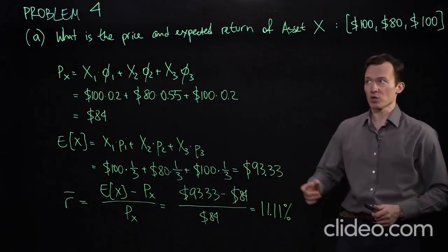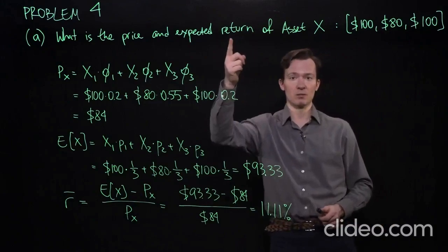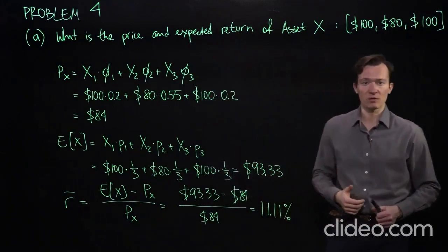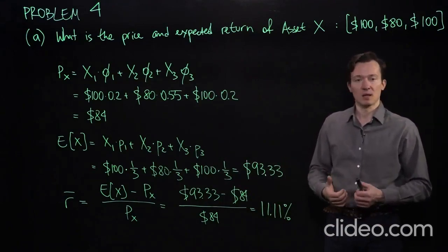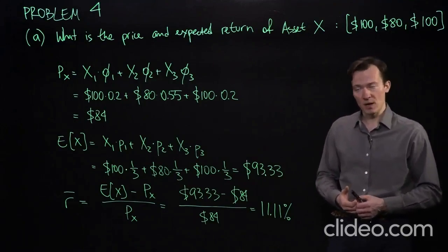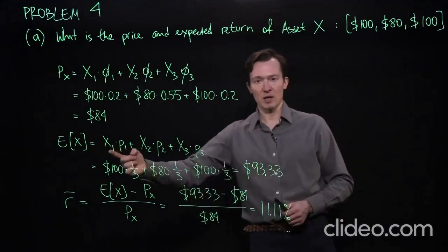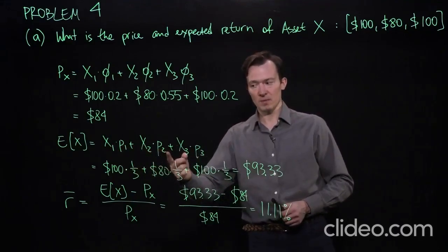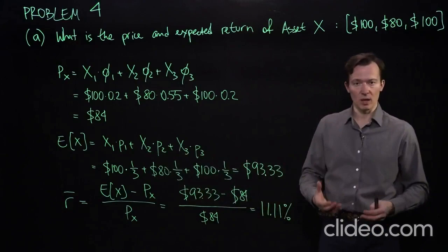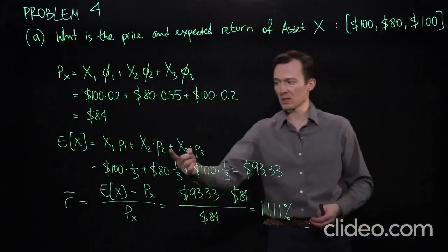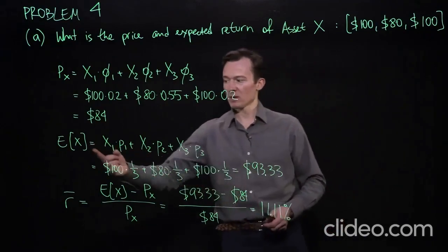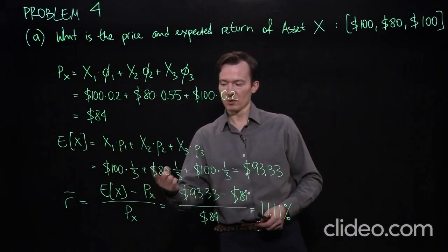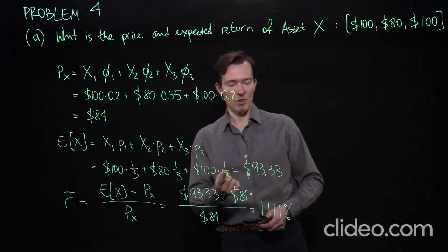Now the second part of the question asks us to find the expected return. To find the expected return, the first thing we need is the expected payoff that we are expecting to get from this asset. To find the expected payoff, we multiply the payoffs that we get in each of the states by their probabilities. In this case, all three states are equally likely, so the probability of the first state is 1/3, the second state is 1/3 as well, and the third state is 1/3 as well. Therefore, the expected payoff equals $100 multiplied by 1/3 plus $80 multiplied by 1/3 plus $100 multiplied by 1/3. This gives us